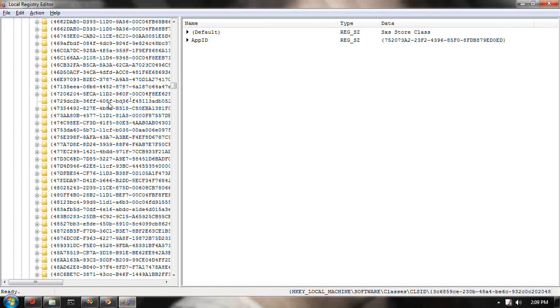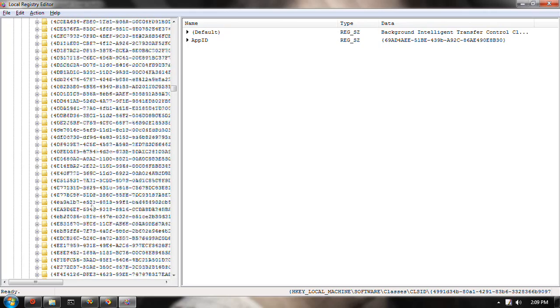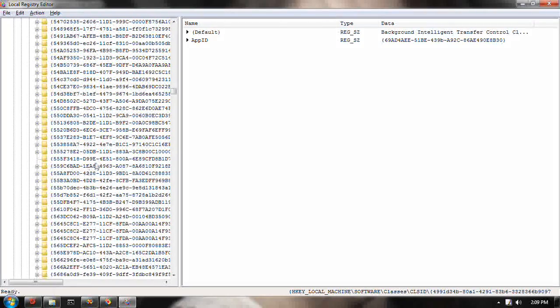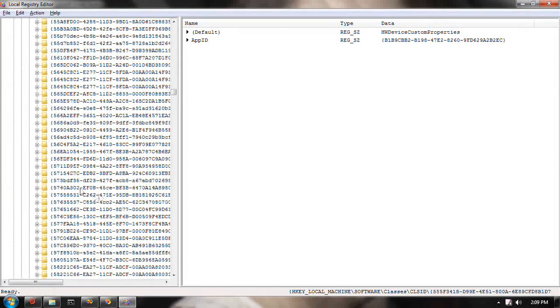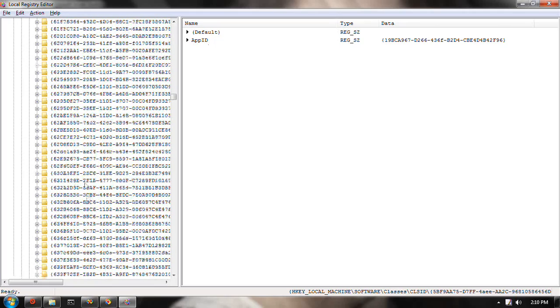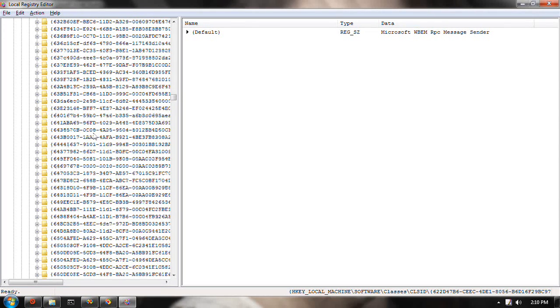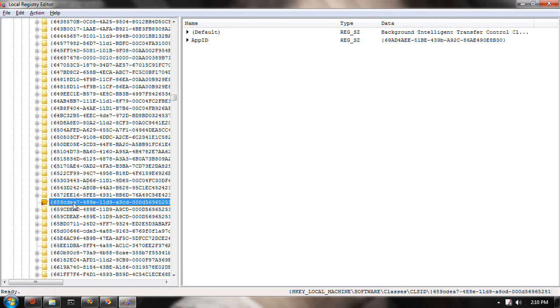A really big key, I'd like to have a great big folder icon. Component-based servicing retry section. The last time I went through a group of things like this, the ones without subkeys were all to do with triggers and events. It might have been, now this one doesn't have any description, just an app ID. RPC message center, bits. I'm not sure if those,